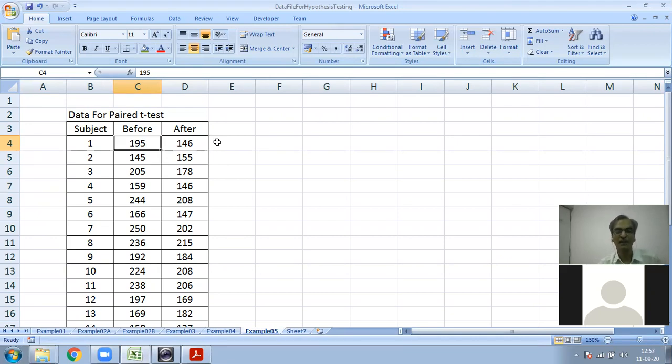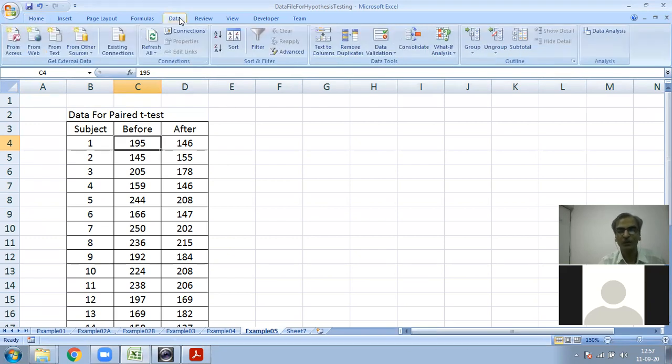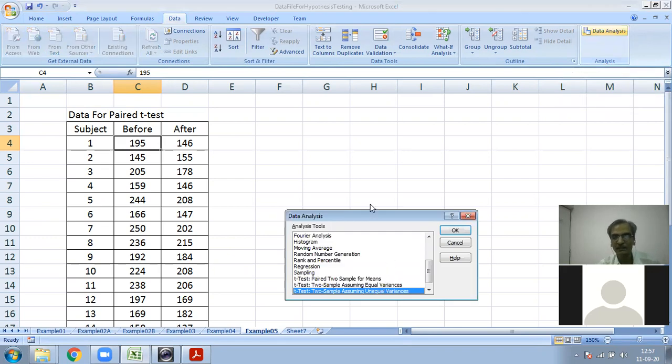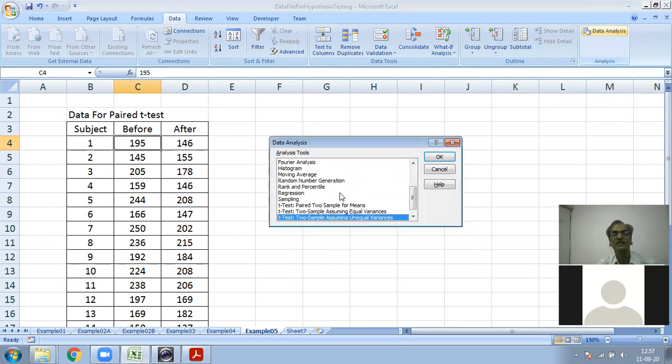So to apply the paired t-test, again go to the Data tab. Then at the extreme right there is a Data Analysis button, so click on that button and you can see a Data Analysis window pop up. Then select the fourth option, that is t-test: Paired Two Sample for Means.